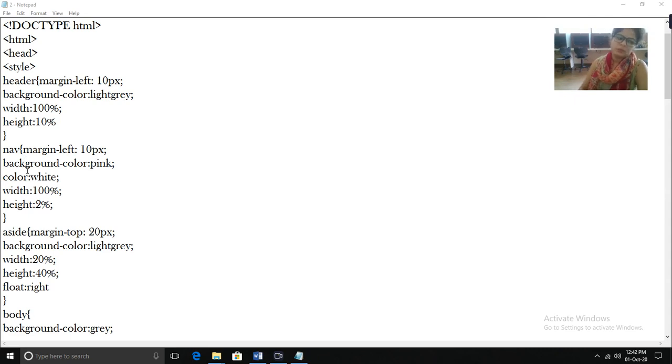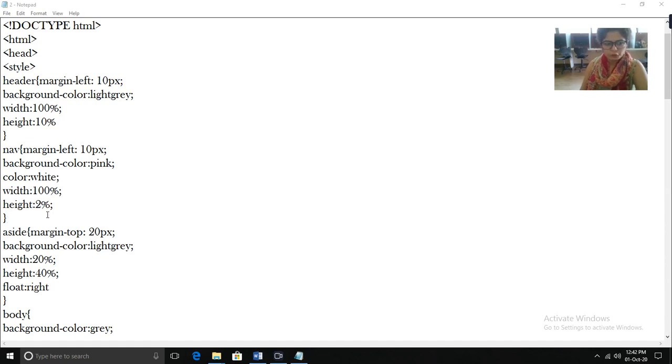See students, I am giving the same type of margins to the left, so it will give proper alignment. Now background color is equals to pink. I want to set the background color as pink, and color is equals to white. Width is equals to 100% and height is equals to 2%. So this is the width and this is the height, and then curly bracket close.